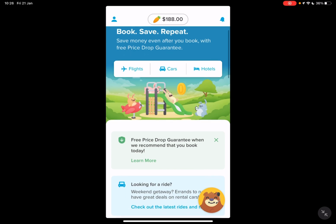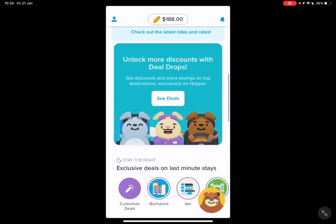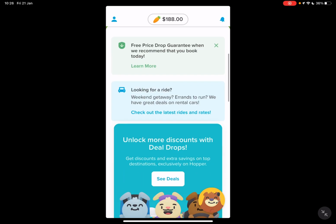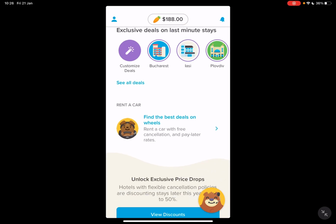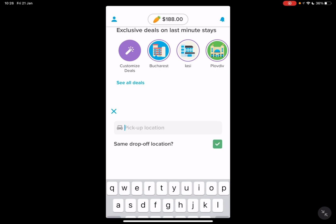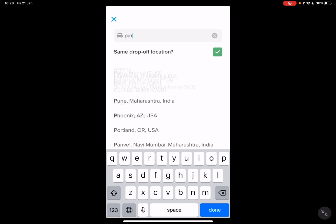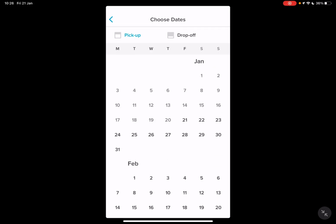First, open the Hopper app. Then if you scroll down, you will find the find the best deals on wheels option, rent a car, and if you tap on it, it's going to open up the car rental option, and here you can type in a city, let's say Paris, and you can